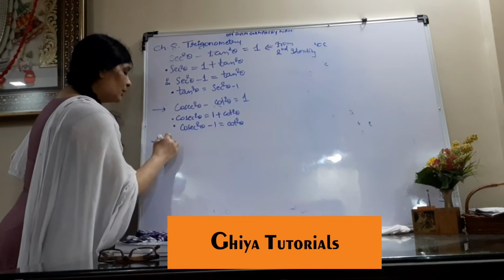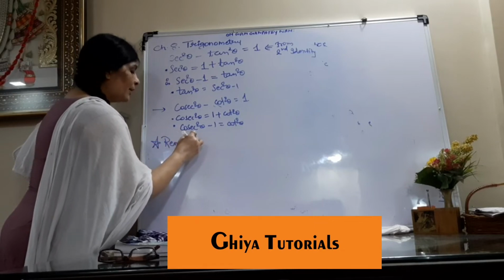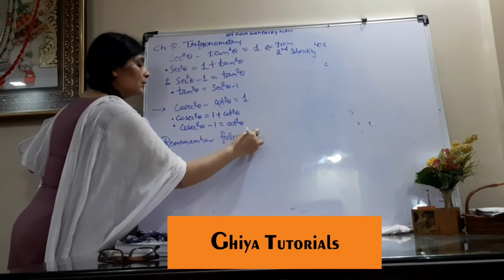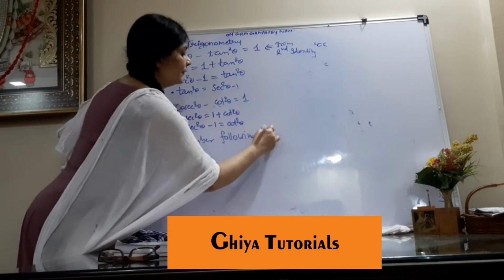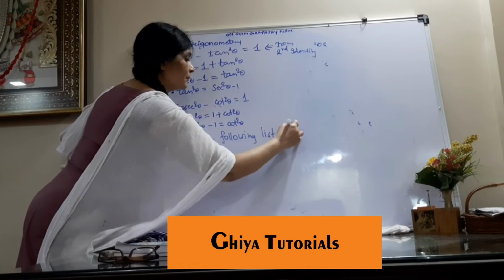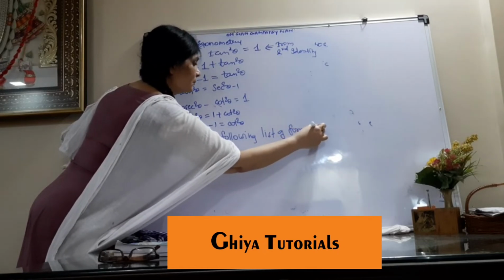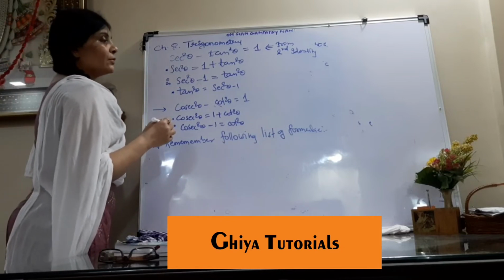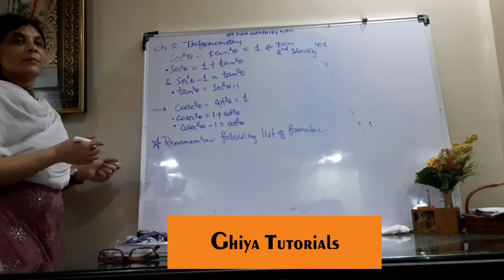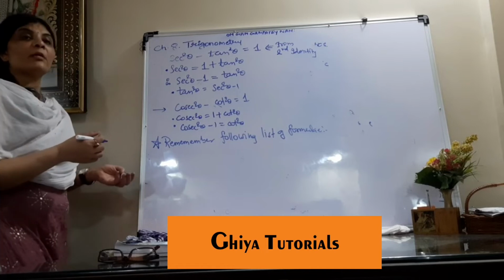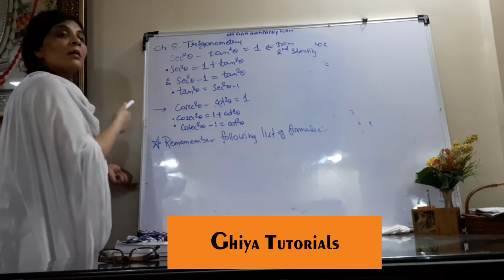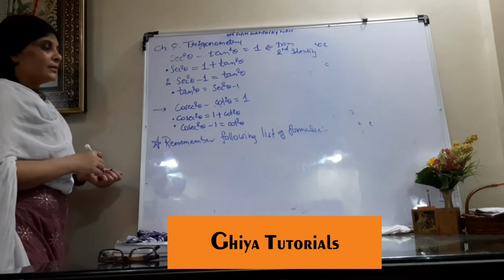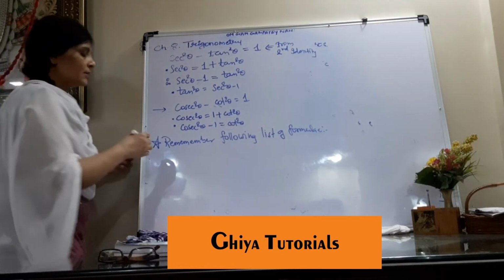Now we are coming to another list of formulae. Remember the following list of formulae. We have studied the formulas with respect to the triangle, showing the relationship between sides and angles with respect to trigonometric functions. Then we studied three identities and obtained two formulas from each of these identities. Now we still have more formulas in the list.